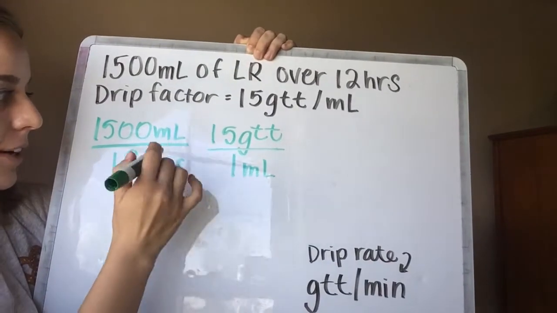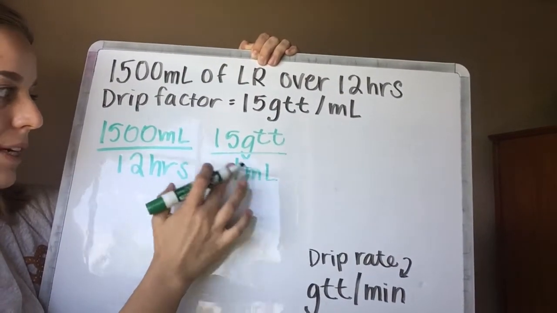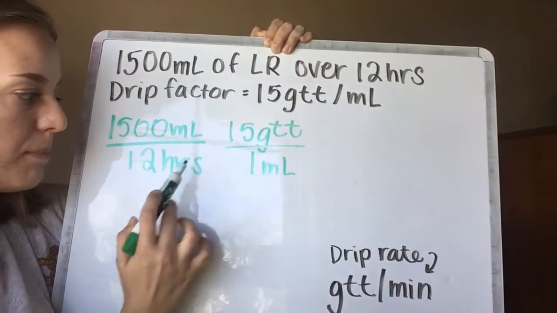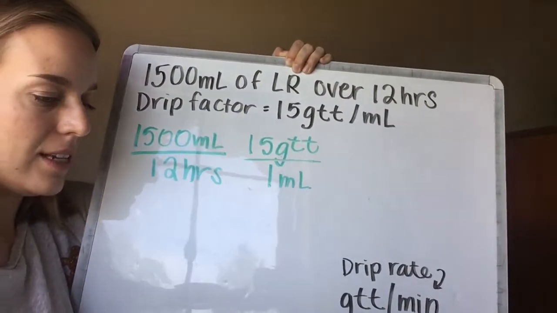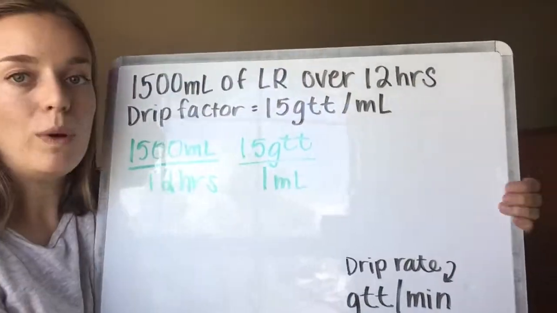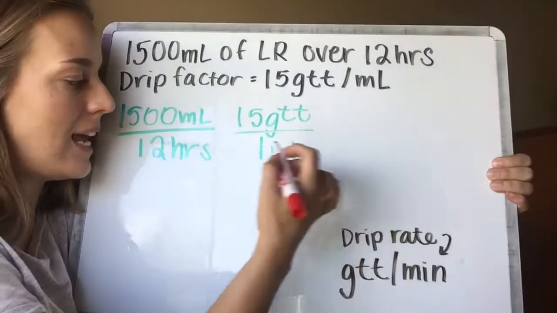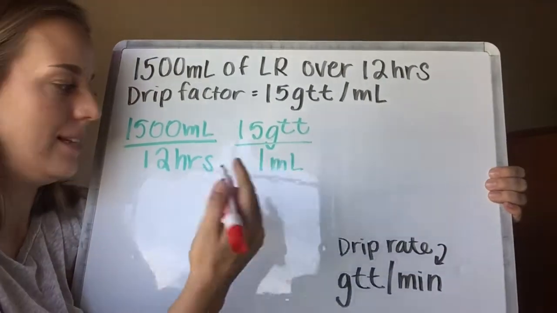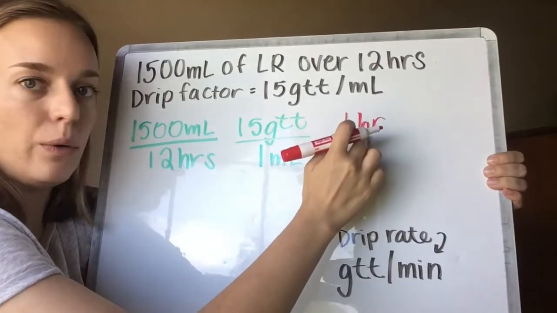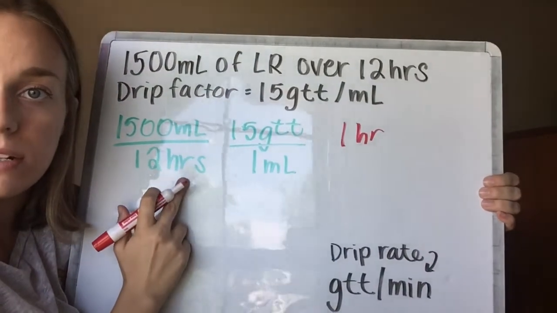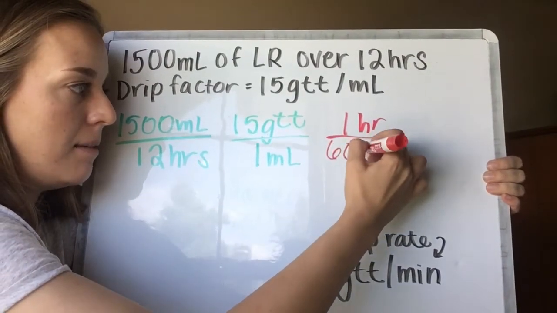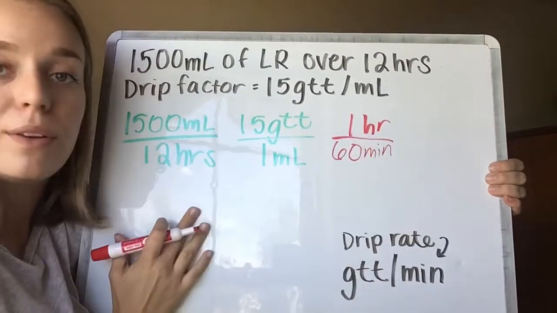So this is great. I already see something that's going to cancel out. We're going to cancel out the milliliters here. That's going to be giving us, though, drops per hour, and we're looking for minutes. So we're going to trade colors here and now put in what we had to add. So what we have to add is how to get to minutes. We know this. We're going to put an hour on the top because we need an hour up here to cancel with our hour down here. We're going to put an hour on the top and put 60 minutes because we know there's 60 minutes in